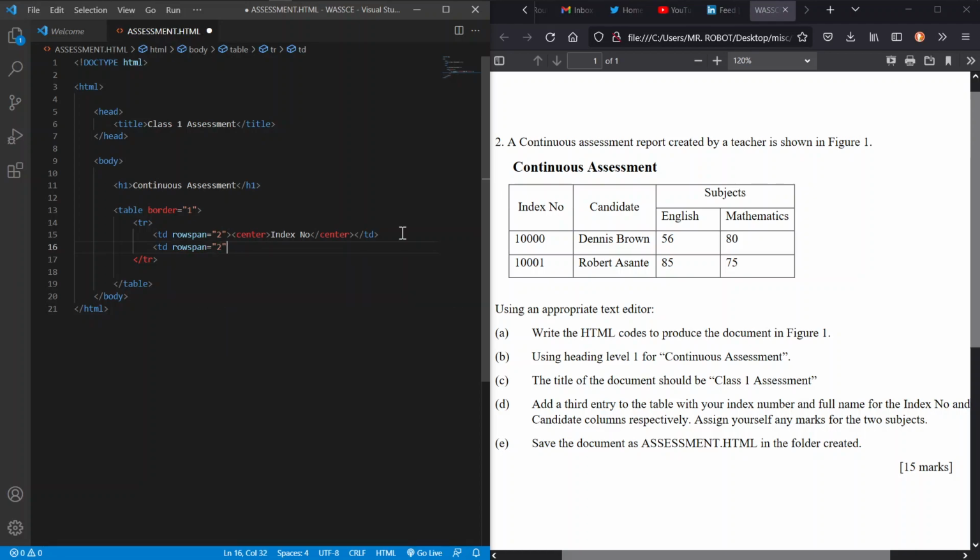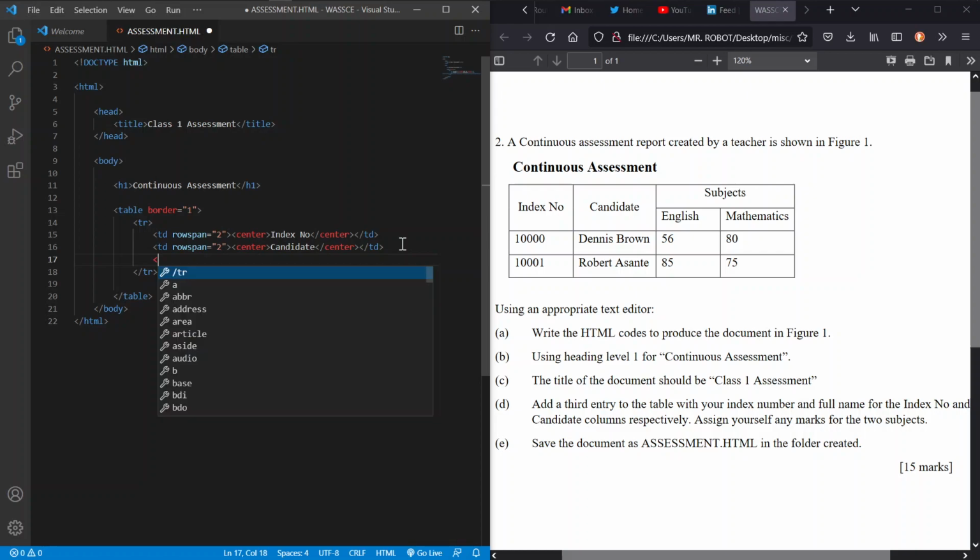Rowspan of 2. That means we're collapsing 2 rows for that. Then we center align it, and then we can call it candidate. All right, that looks good. Now for the last part of our first row,